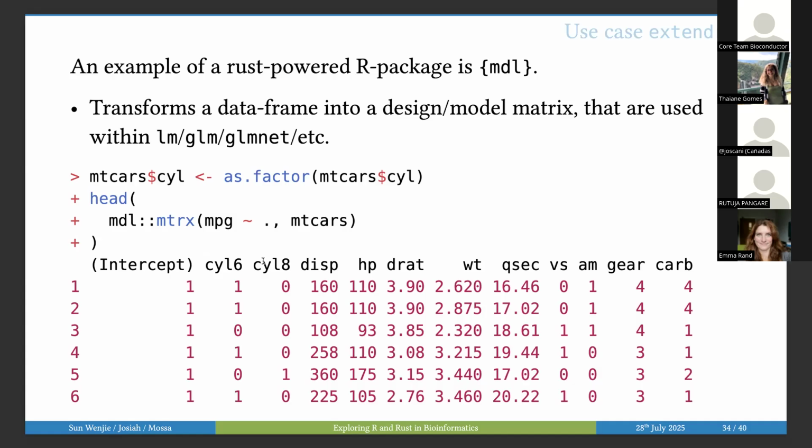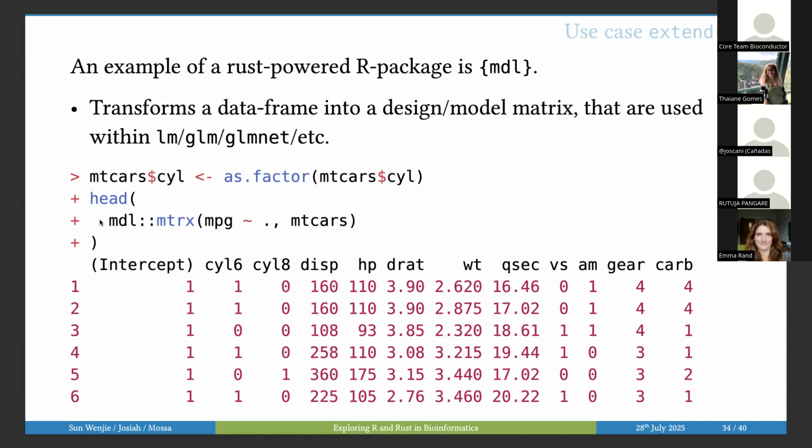So here you see an example of this where CYL is a factor, which means every level in the factor has to become a one hot encoded variable. And apparently this operation is very costly. It depends on how many variables you have and how long they are.